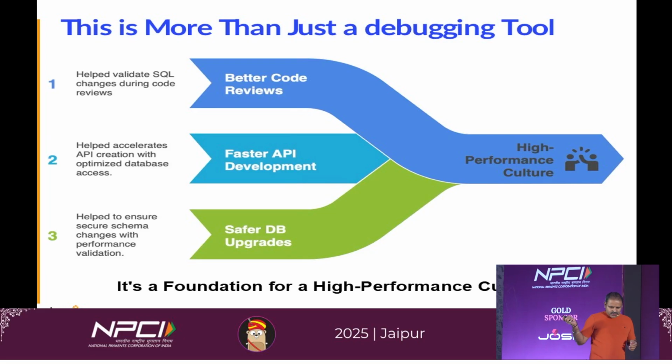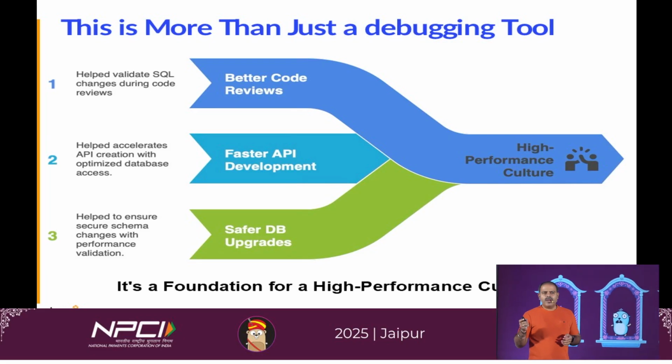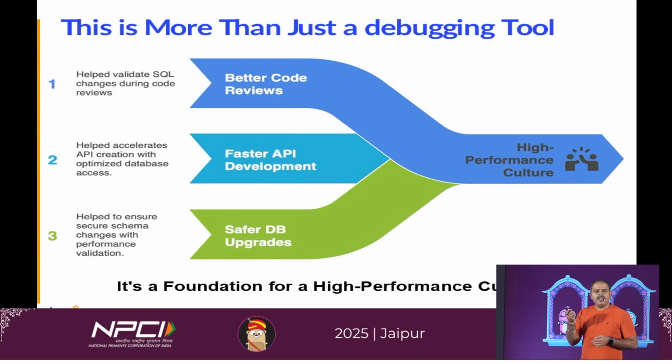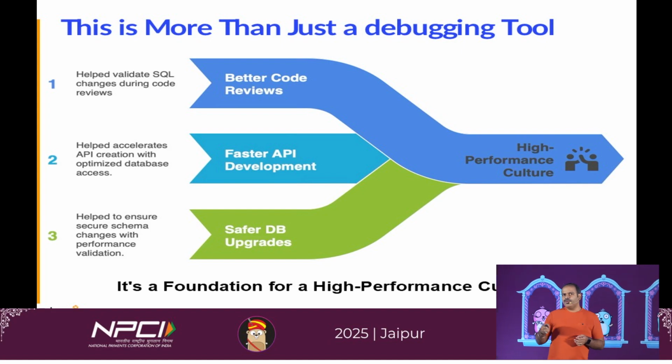So the slow query was just one use case here, but we have used it for multiple other purposes, like better code reviews, right? Whenever someone is adding or changing an API, SQLens has helped us actively review whether the changes are right or not, or whether a parameter you are adding will cause a slow query because it is not indexed. It also helped us build new APIs on the existing schema faster, because now it has all the context it needs, and building those APIs becomes very, very easy.